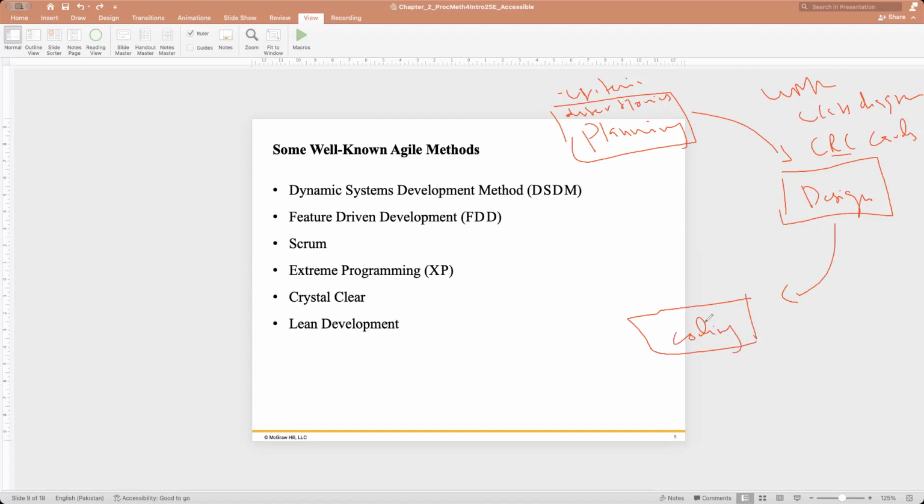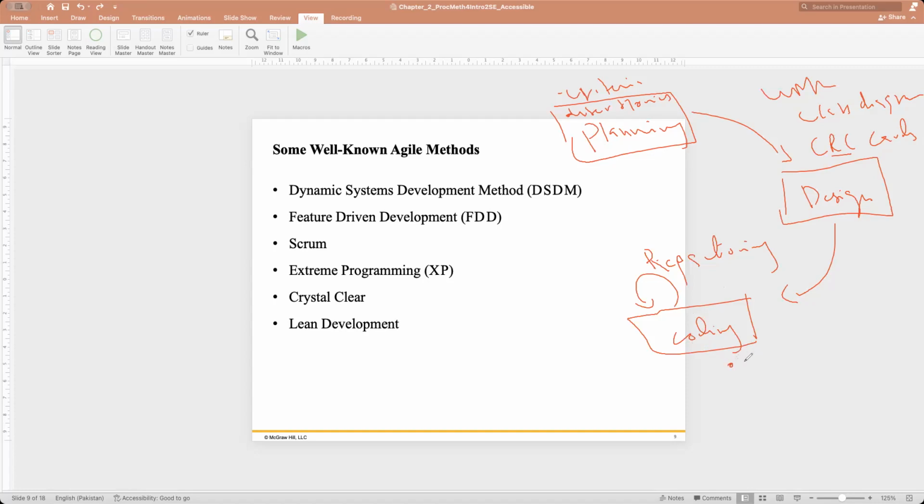Let's say you're using Java, PHP, Python, or anything. There may be some errors in it, so they do refactoring, or they can use other effective methods to make sure that the code is developed effectively.